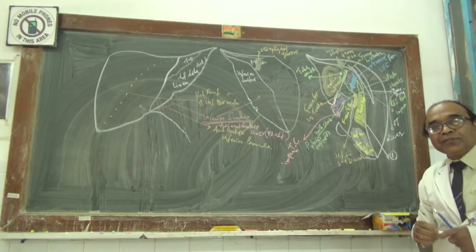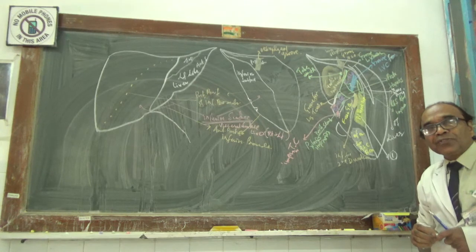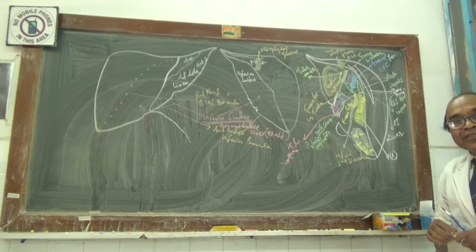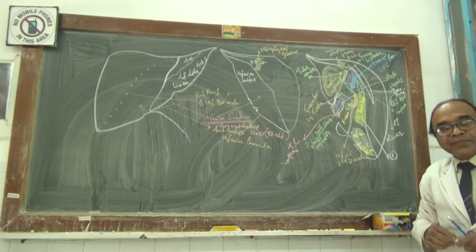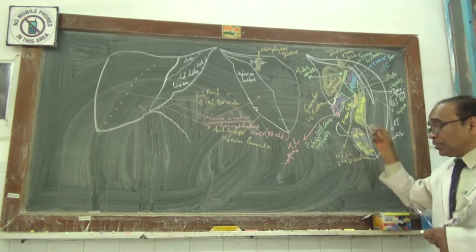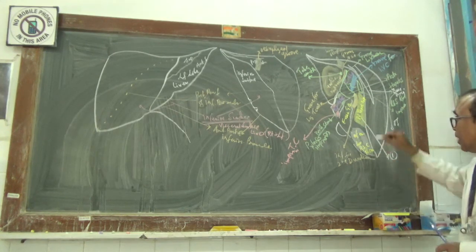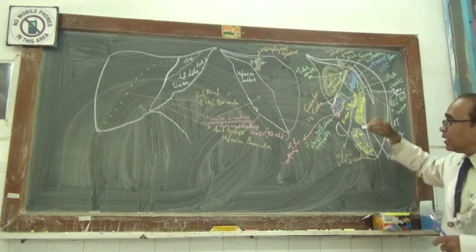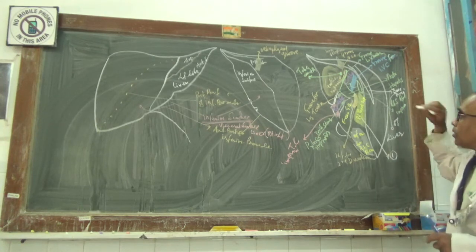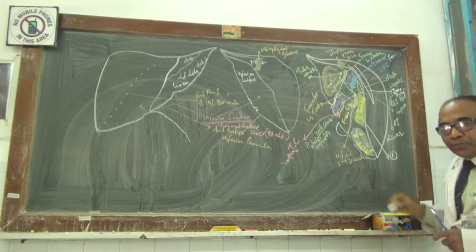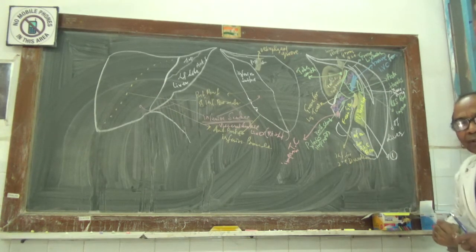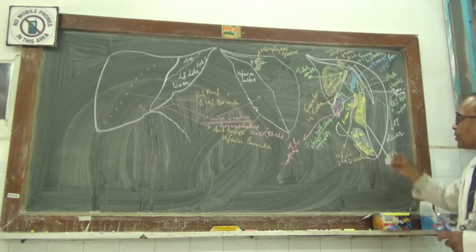This whole impression is the impression made by the anterolateral surface of the right kidney. Now this impression is almost all directed backwards and a little downwards. The right renal impression, above and a little medially, has an impression made by the right suprarenal gland. Below and towards laterally, it is related to the quadrangular right colic impression.